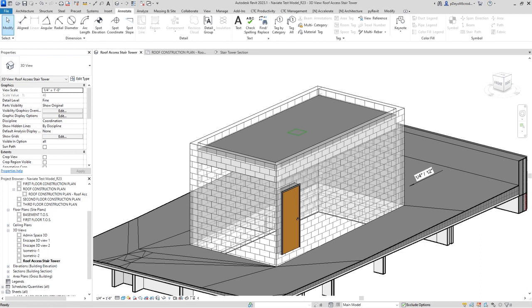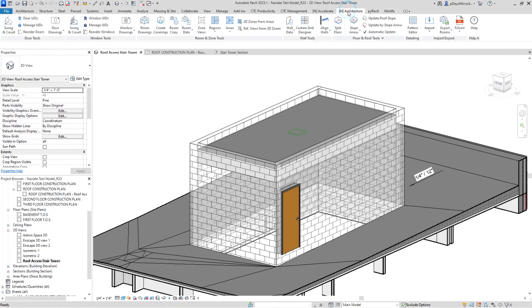This week's feature is the Naviate Architecture Slope Arrow command. Today we're going to use the Naviate Slope Arrow command to help us with modeling this roof object here. The Slope Arrow command is going to allow us to slope this particular roof object down to my designed roof